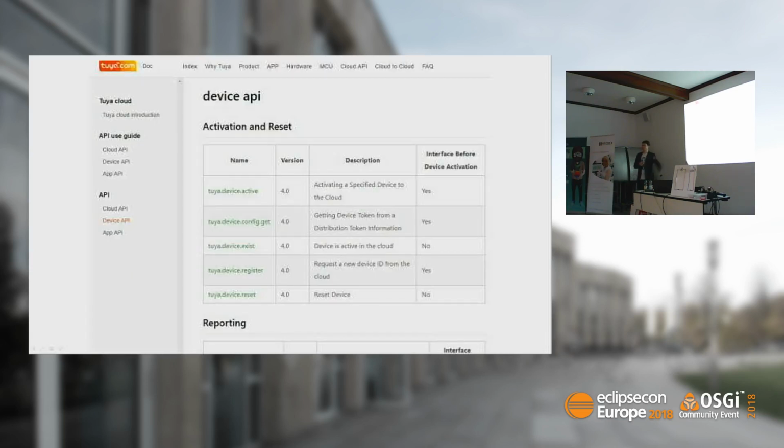The good news is, all the API documentation for this cloud is online. So that's even better. So you don't have to dig around in the Android app anymore. We can look at the cloud documentation, we can learn how all that stuff works, and we can then come up with proper test cases. I wanted to hack together a small Java application connecting to that stuff and making my light bulb turn on and off. I didn't manage to do that